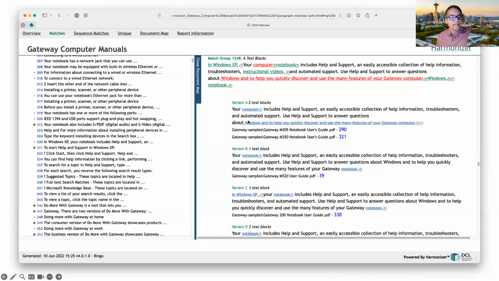Here you can see that there's some information about help and support, which is pretty general across all the laptops, but I was surprised at the number of different ways they talk about this help and support and how close a lot of it was. So that black text is all the same across all these variations, but in some they say in Windows XP, in some they talk about a computer versus a notebook. Sometimes they mention instructional videos, but for some they don't. Then they have this long phrase here that might appear,